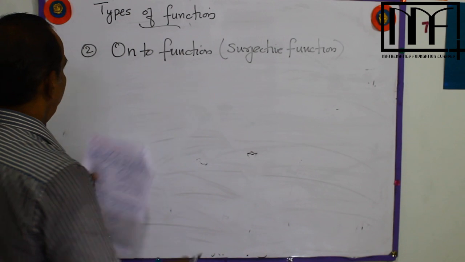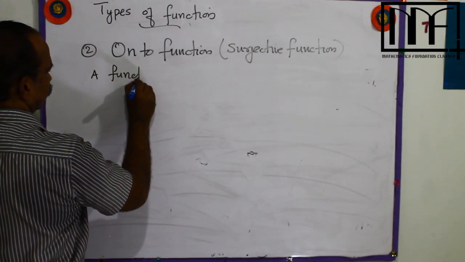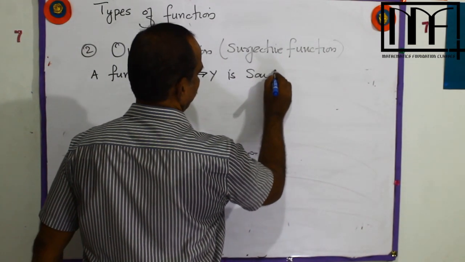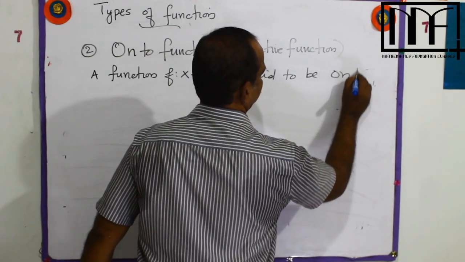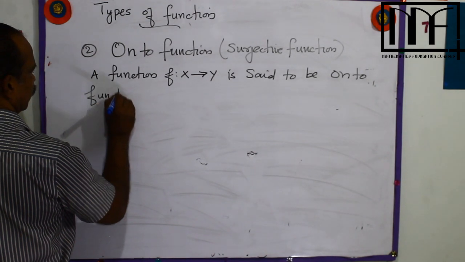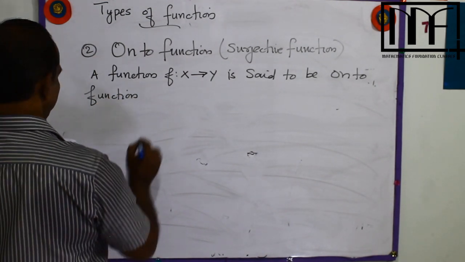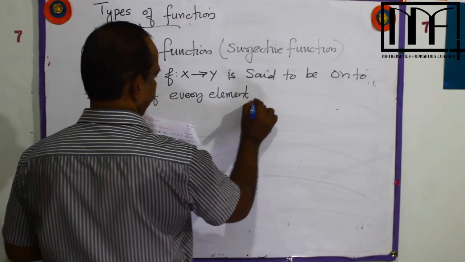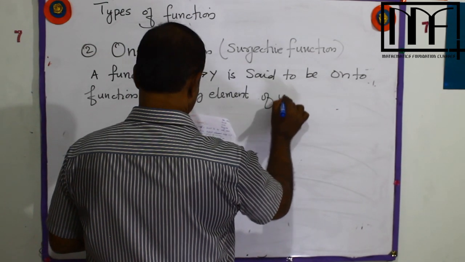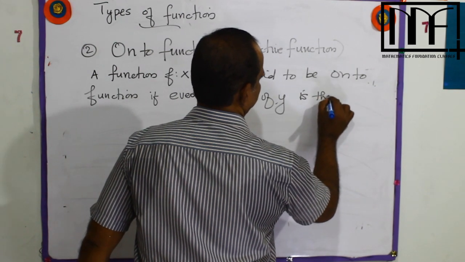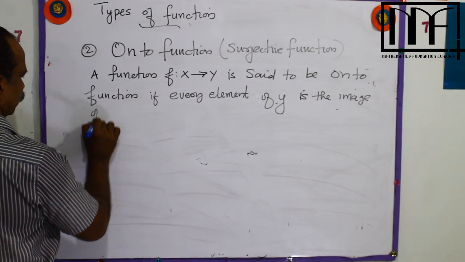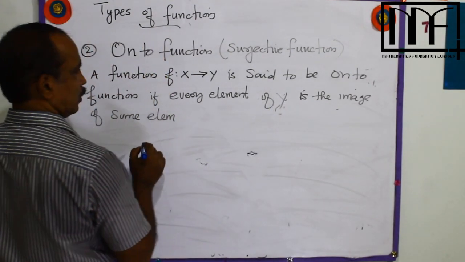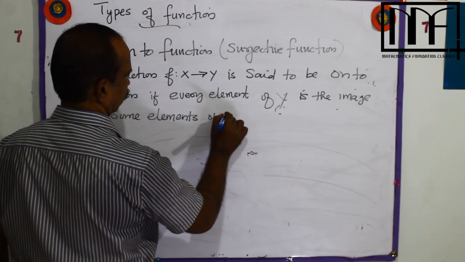Onto function or surjective function. A function f from X to Y is said to be an onto function if every element of Y is the image of some elements of X. Every element of Y is the image of some elements of X, or